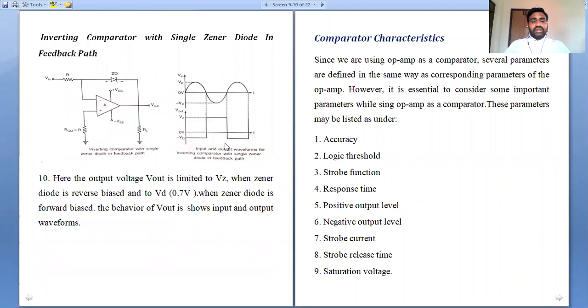Next we analyzed the behavior of the voltage limiter with an input comparator with a single Zener diode in its feedback path. Here we clearly observed that the output voltage is the inverse of the input voltage. If we use a single Zener diode as the feedback path, we can see a maximum positive V saturation at the V output. So that is the voltage limiter analysis with three types of classifications.